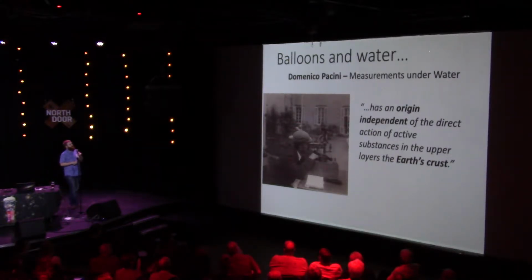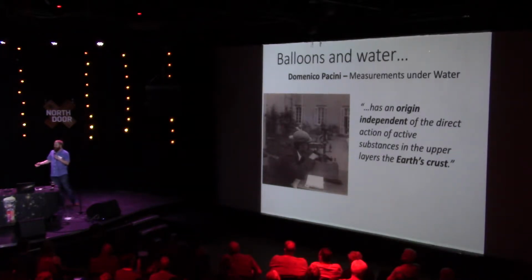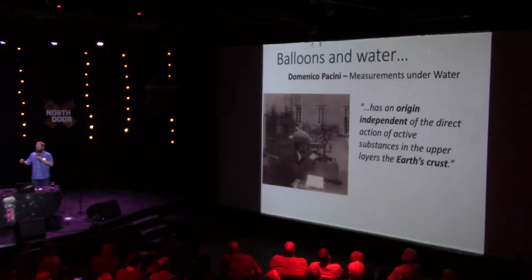Curiously, the reason why he doesn't get a lot of the credit is because the Nobel Prize for it was given out in 1936, and he died in 1934. So you can't get the Nobel Prize if you're dead. So Hess got the Nobel Prize instead. And since then, people have almost unilaterally said that Hess discovered cosmic rays. Unfortunately, things like that happen.